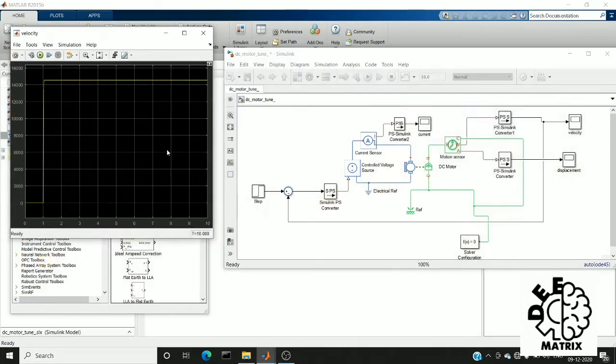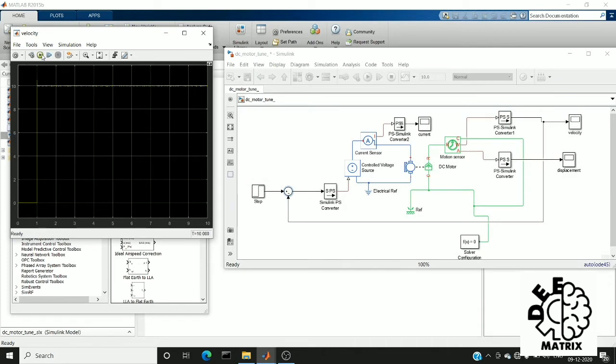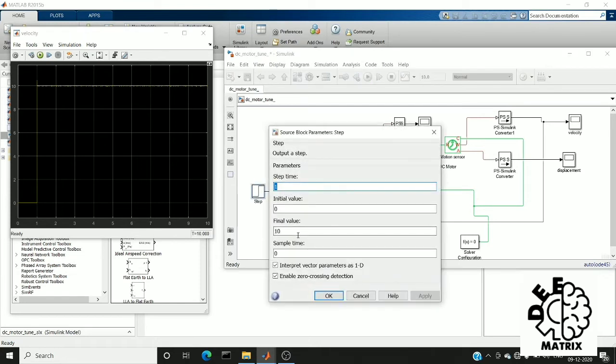Next I'm going to run this. We'll wait until the program is done. Now you can see I give the input voltage of 10.